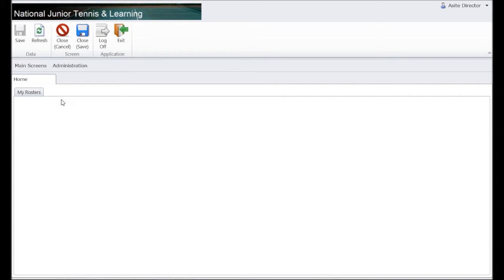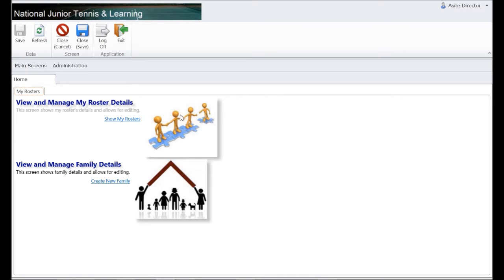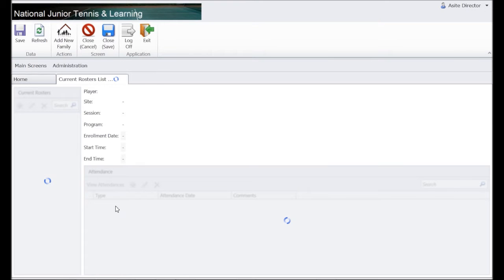Now I'll be using quite a few keyboard shortcuts, so you won't necessarily see me clicking the mouse. There we go. But the buttons that need to be clicked, I think, will be pretty evident. When this first comes up as blank, you'll just simply click on the My Rosters and this little page will show here. And of course, when you click Show My Rosters,